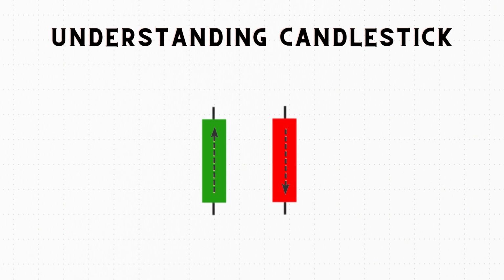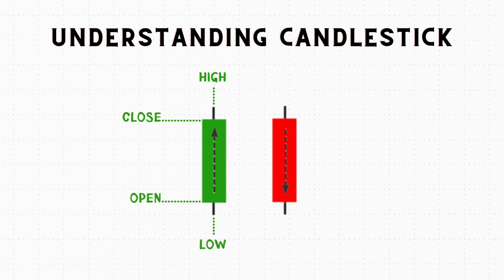So here in the green candle, the opening will always be here. And a green candle is formed when the closing is above the opening price, so the closing will be here. If you observe a particular time frame, the price has made up to this much high and it has made down to this much low. For this candle, you can see that this is the high and this is the low.